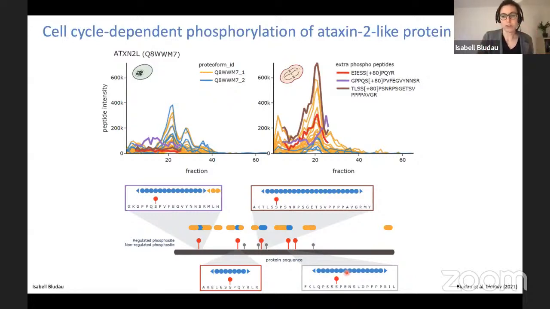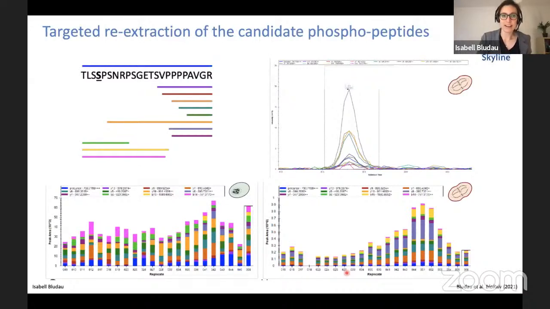So now we were wondering, if we go back into Skyline, if we could actually extract these phosphopeptides if we look for them. Here, I just show one of the phosphopeptide examples. We did a targeted extraction, and we were super happy to see that we could detect a very nice signal for this phosphopeptide in our data. And here again, you can see that there is a nice elution of this peptide across the samples in mitosis, and this is in the 10 to the 6